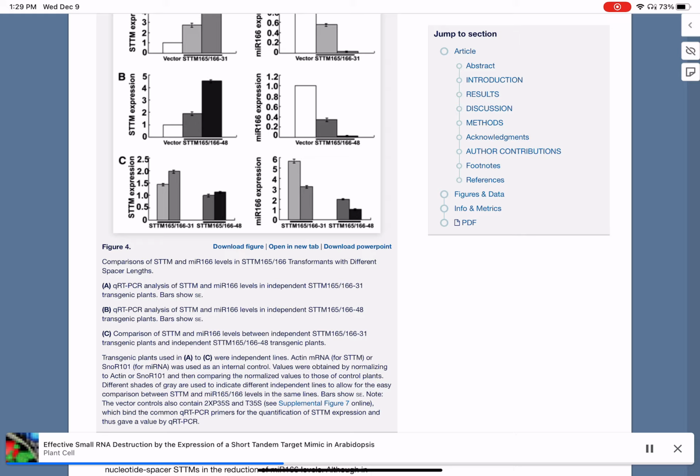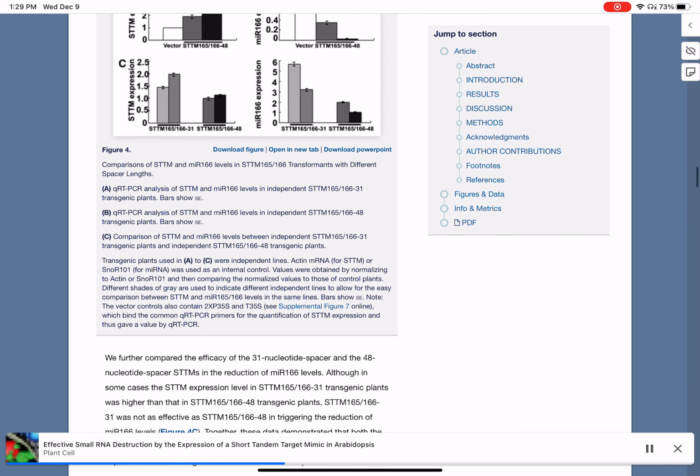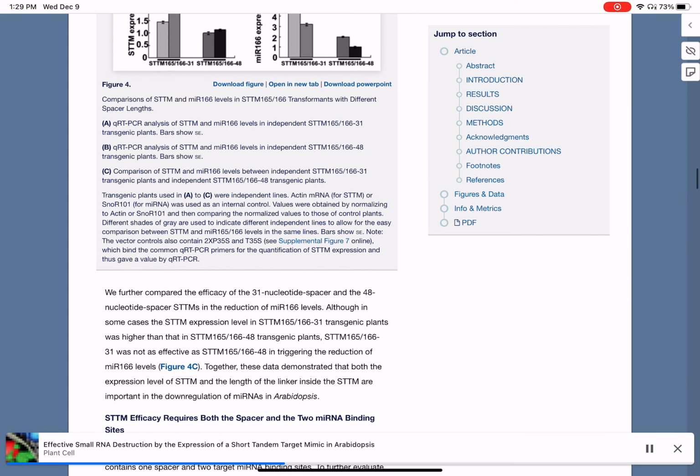Actin mRNA, for STTM, or SnoR101, for miRNA, was used as an internal control. Values were obtained by normalizing to actin or SnoR101 and then comparing the normalized values to those of control plants. Different shades of gray are used to indicate different independent lines to allow for the easy comparison between STTM and Mir-165-166 levels in the same lines. Bars show SE. Note: the vector controls also contain 2x35S and T35S,